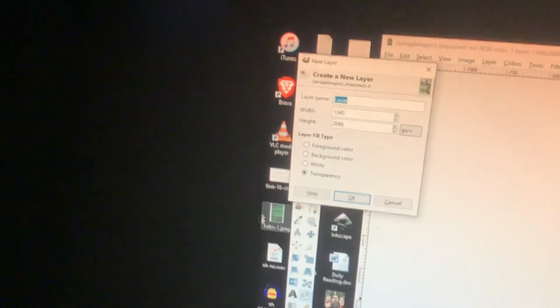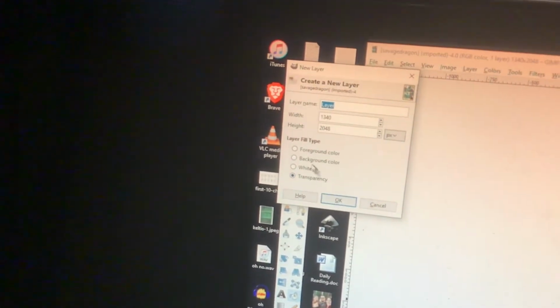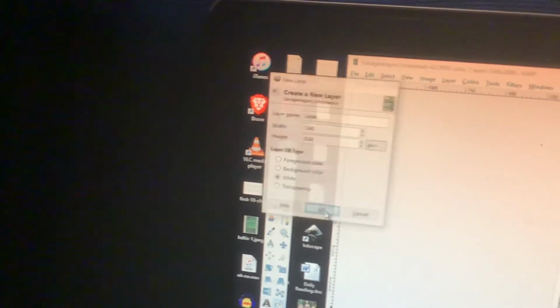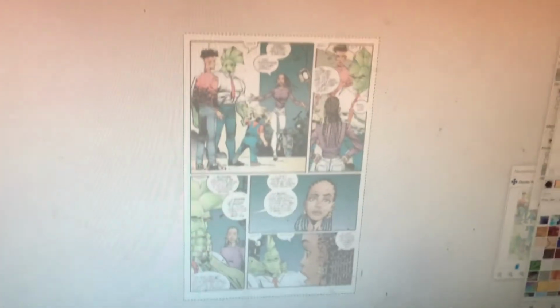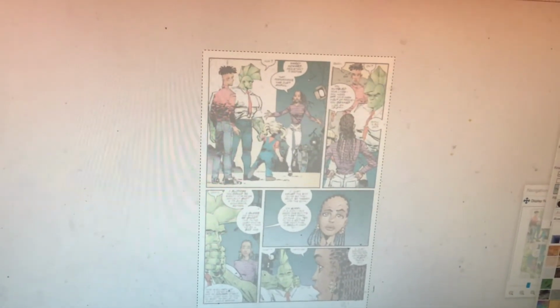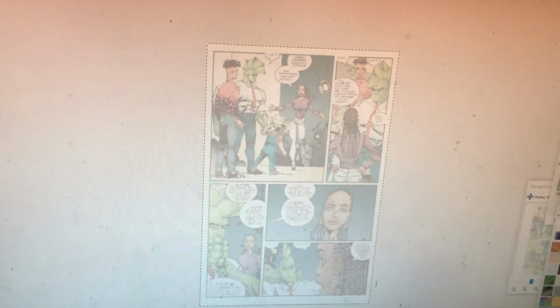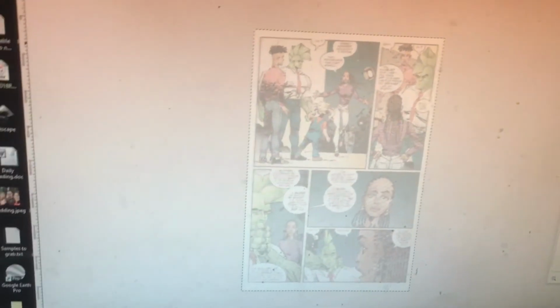So it says transparency, white, choose white for now. I'm covering that, so then I can lower that a little bit so you can see through that. And then it's funny, it shows so much. Okay, now let's go and